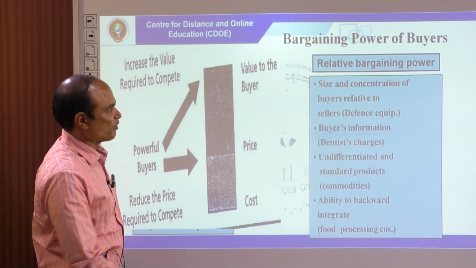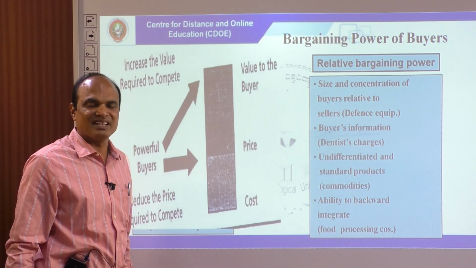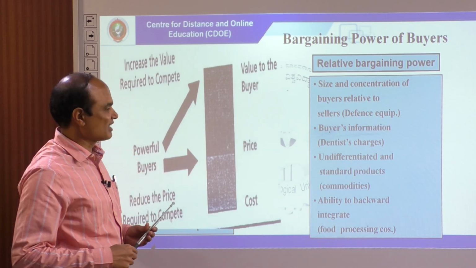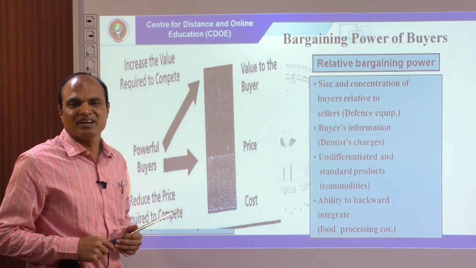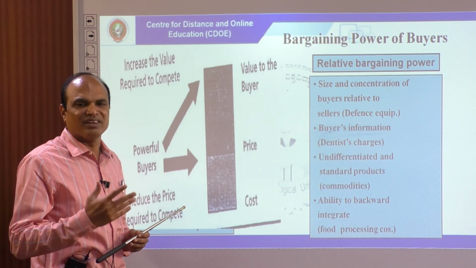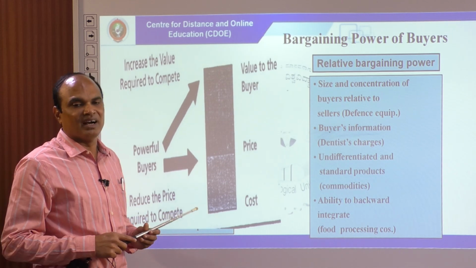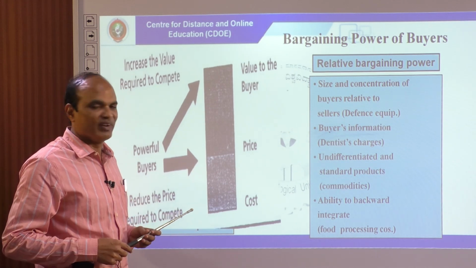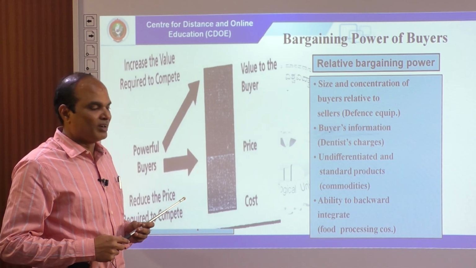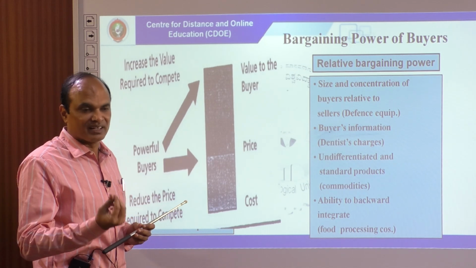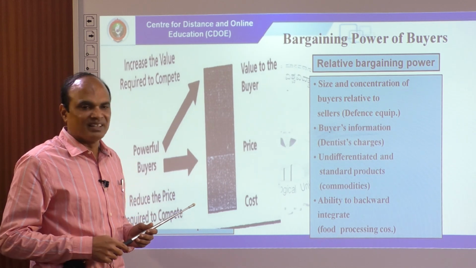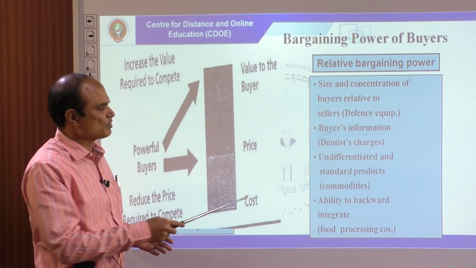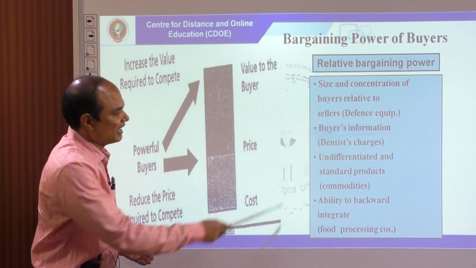Undifferentiated and standard products, where the buyers will have lesser bargaining power, because there is no product differentiation as far as commodities are concerned. Like when we take salt, it is a widely consumed commodity, and it has lesser differentiation. Of course, now there are so many variants which have come: the low sodium salt, the crystal salt, or the iodine content salt, then rock salt, the pink salt, the black salt, and all those things. But it is undifferentiated, and even if you take the broomstick,